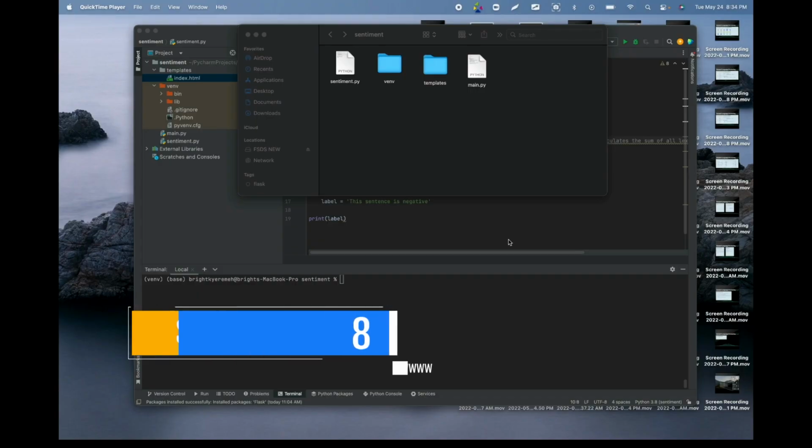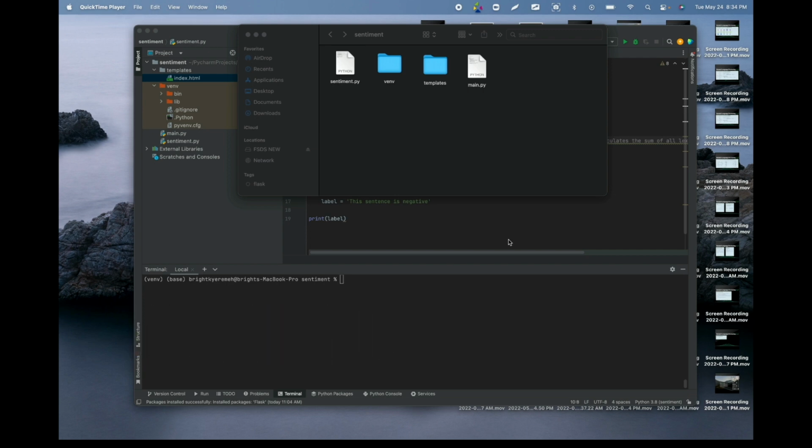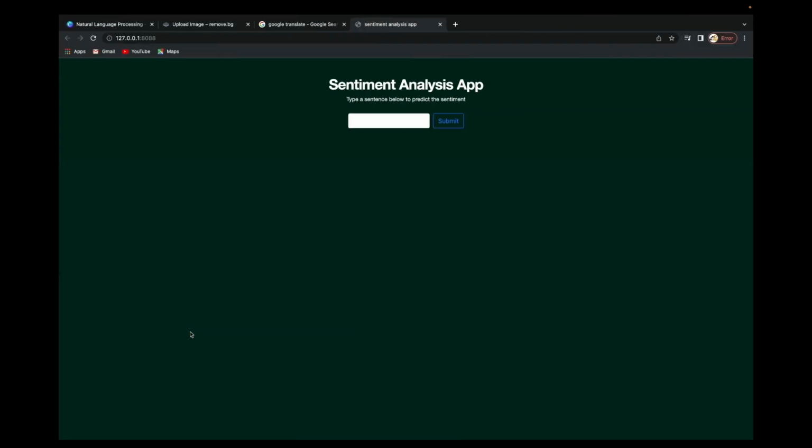All right, welcome back. In this tutorial, we're going to see an implementation, or deployment, of a sentiment analyzer. We're going to use Flask to deploy a sentiment analyzer where we can actually see it live in our browser. Based on that, we can paste in some sentences or reviews and then see the sentiment. So you can see over here,